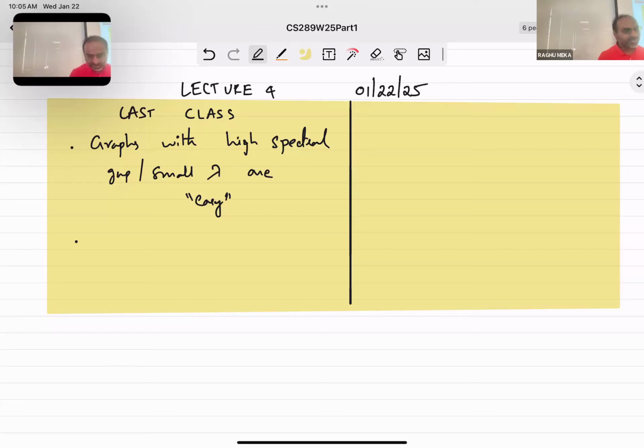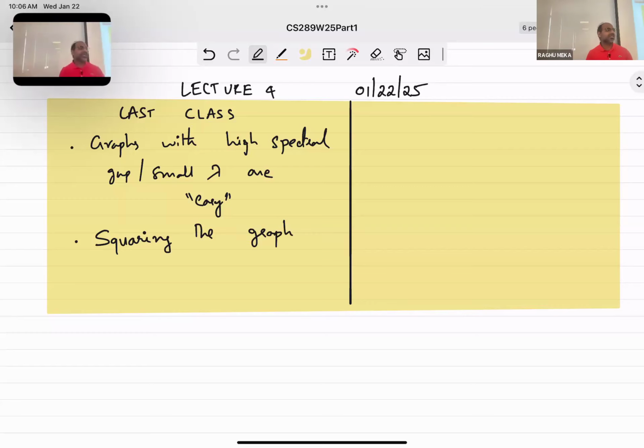And then we started thinking about operations to improve the spectral gap, right? Maybe you start with a graph which is not very good, but I can massage it, change it somehow to make it a good graph, and then solve the problem on the good graph with the hope that it's a kind of reduction. You solve it on the good graph, you still solve it on the old graph, right? And to this end, we started looking at operations like squaring the graph,